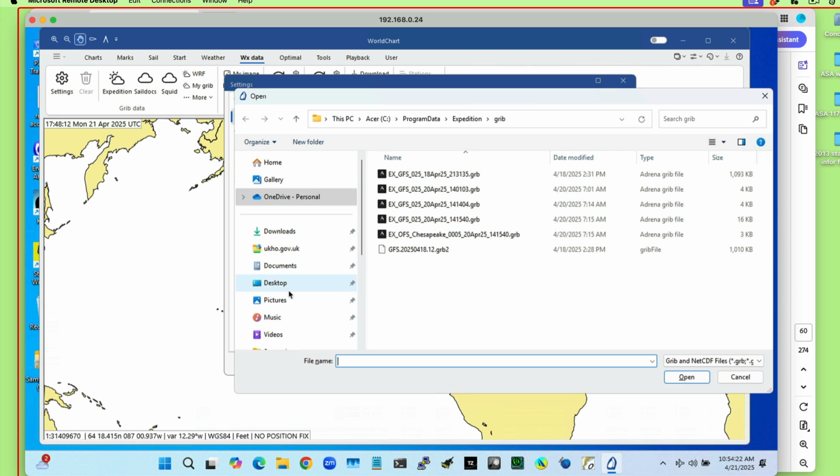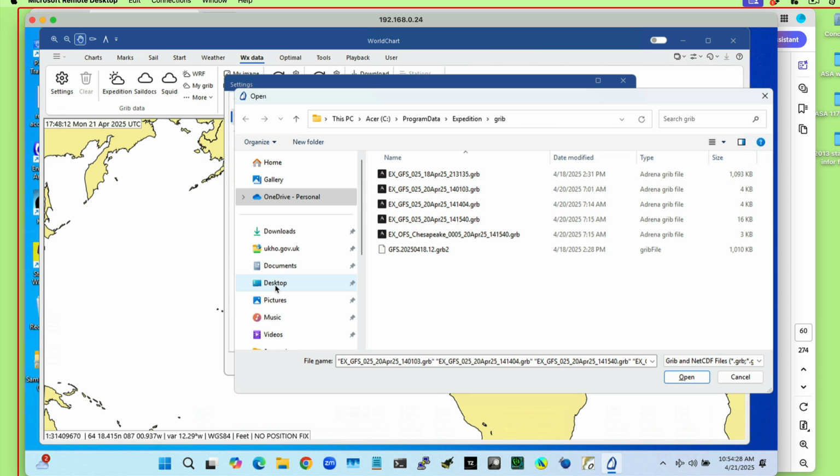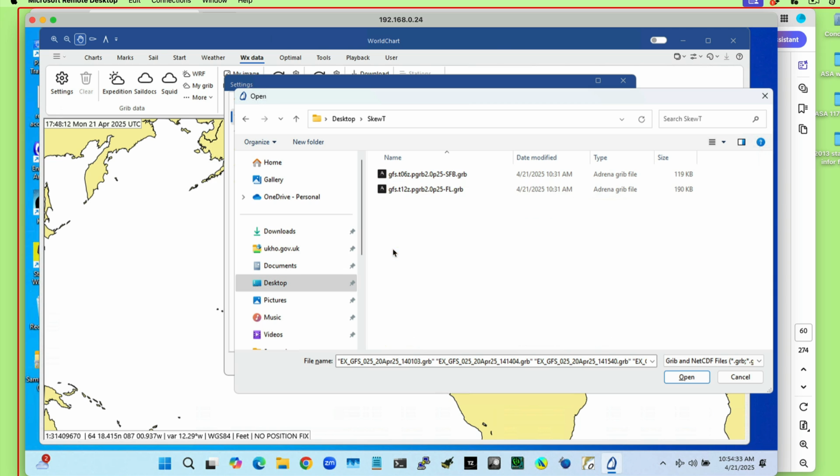These look like ones I've run in the past for one reason or another. But if I go to the desktop and then say SkewT, these are ones I just added. And here's the one that was a .anl. I renamed it .grb. I also stuck in SFB because I did another one for San Francisco Bay,